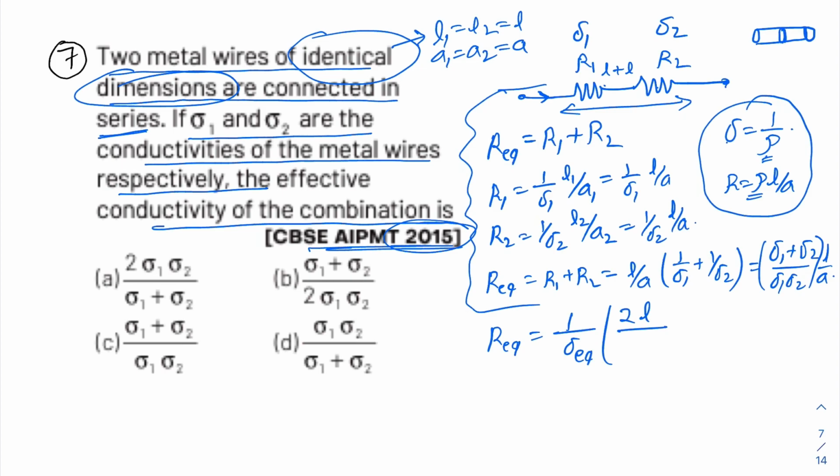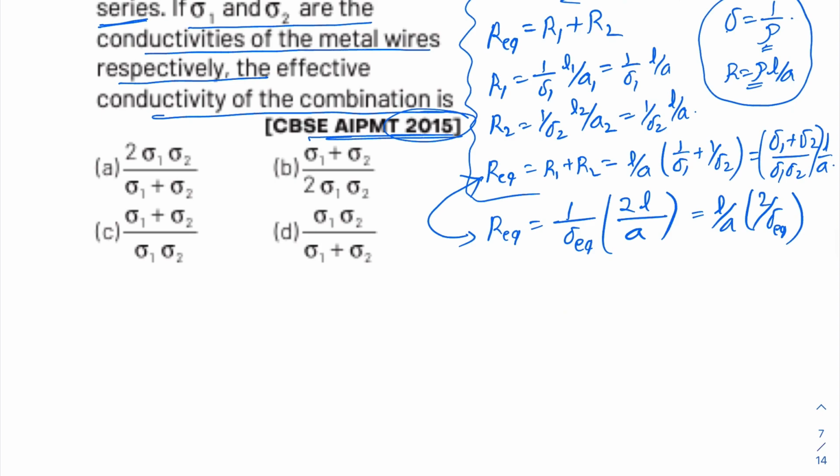That will be the same area of the two wires. Area will be A only. So 2L by A. So it will be L by A and 2 by sigma equivalent. So from this and this equation we will compare, and from this we can see that